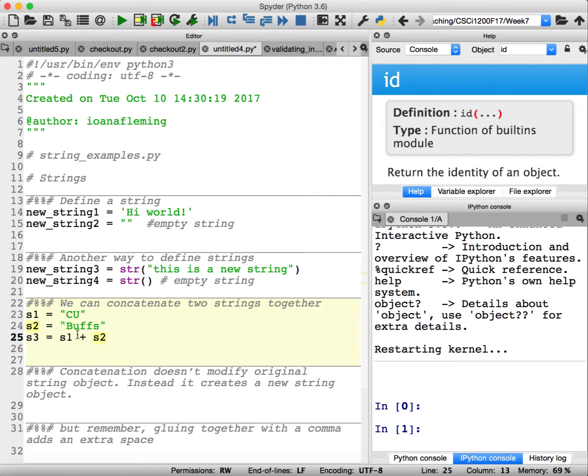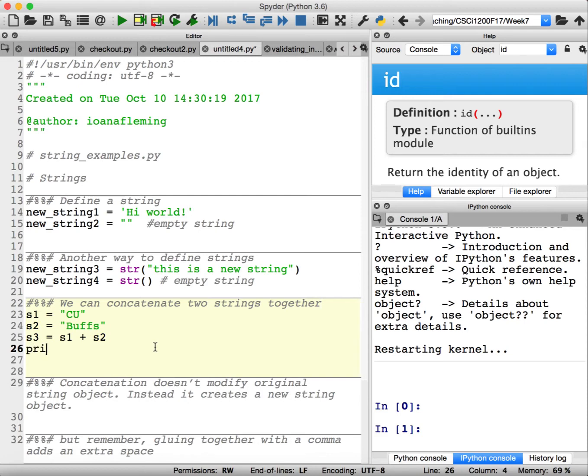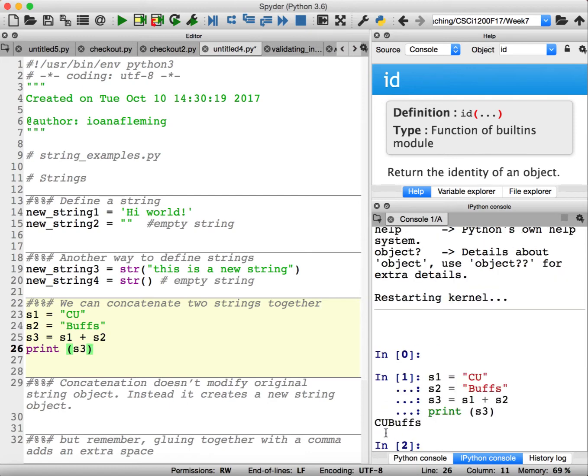here's a plus operation where both operands are strings. Then if we print string3, and by the way, we can print string variables just like we can print other types of variables. Let's run this and see what we get. So we got a new string cu buffs where there is no space in between them. Basically the characters of the second string are added after the characters of the first string,